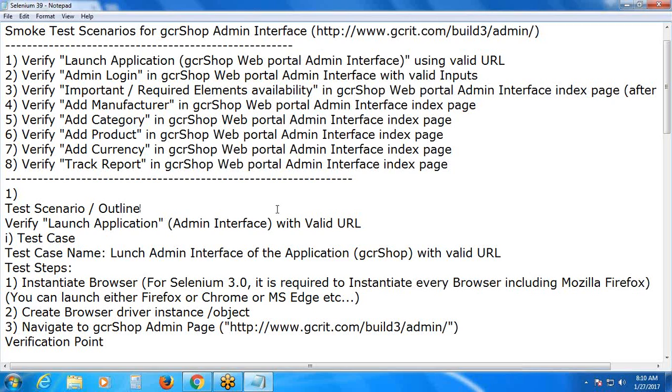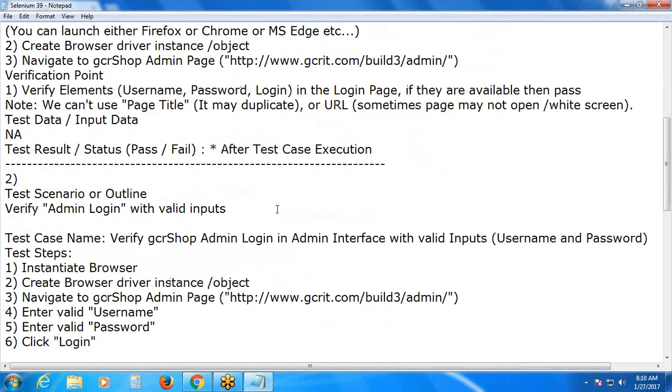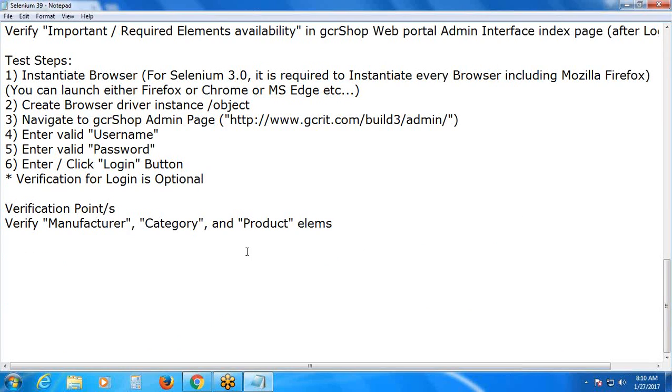Next, adding product is also an important business operation in our application. Yes, sir. So important. Mandatory, there are more mandatory ones also, but I am writing three, and one report also is mandatory, isn't it, Ravindra? Yes, sir. Verify manufacturer, category. Yes, currency also. But I am writing here the important ones. Okay, you can mention that one, currency also. Product elements,